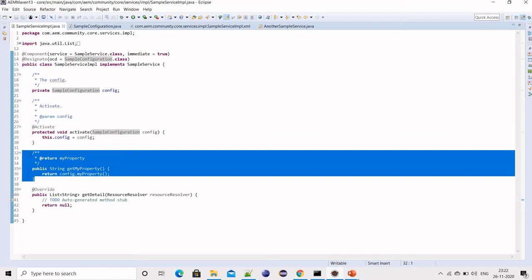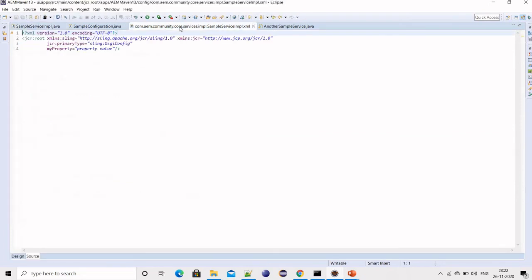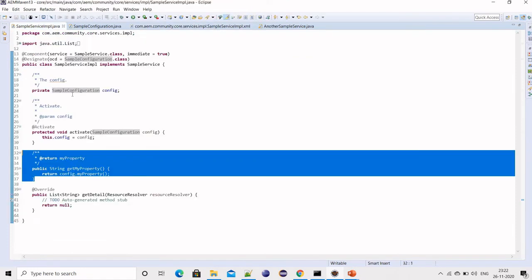That's it. To create the run mode for this configuration file, similar to the way we used to create an XML file, here as well we will create an XML file in the desired run mode, with the property name and then the value. That's it.